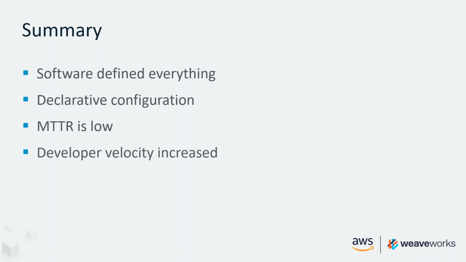GitOps is our label, but this is an emerging practice. It's being adopted in particular by people who are operating containerized infrastructure. When we started blogging about GitOps on the Weaveworks blog, we had a number of people contact us on Twitter, for example, Atlassian, saying, we've done this too, but they gave it a different label. So we know that this is a practice that is well suited to container infrastructure and also one that the community is adopting.